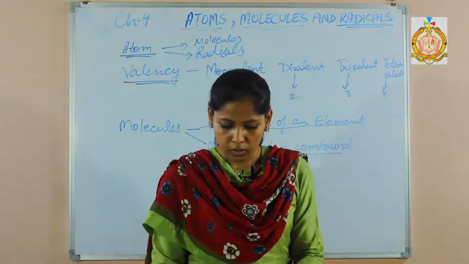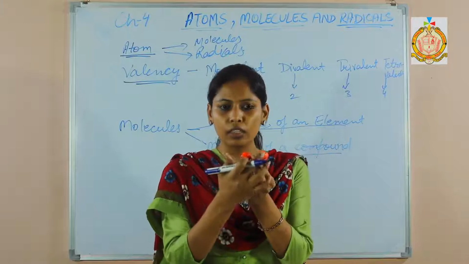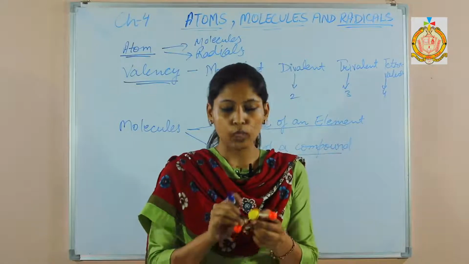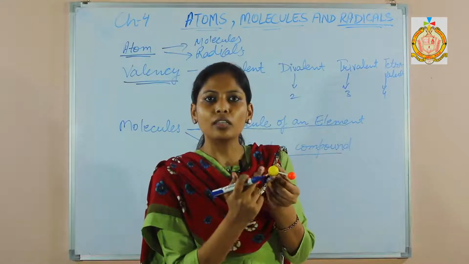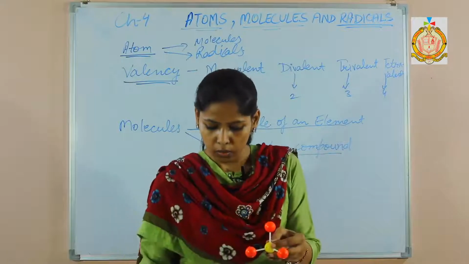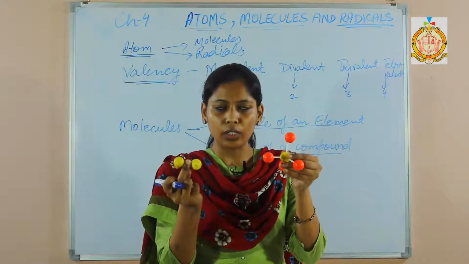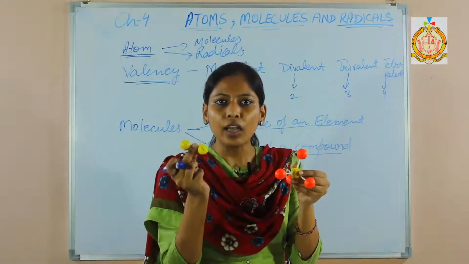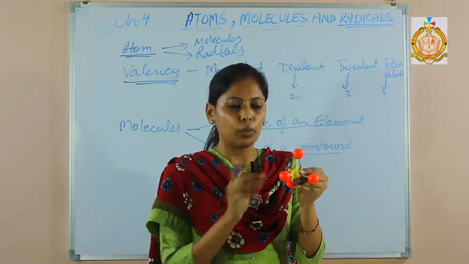Take this one example. It is the hydrogen molecule, H2. So the same atoms are there, so it is the molecule of an element. When we take this example, water, these are hydrogen and oxygen. So different atoms are there, so you will say this is the molecule of a compound. Now see this one, which is the molecule of an element and which is the molecule of a compound? Can you tell? This is first and second. The first one is a molecule of an element because both the atoms are the same. This is a molecule of a compound because the atoms are different.